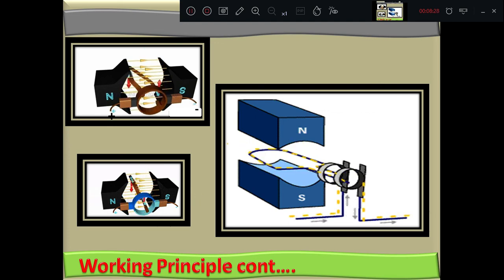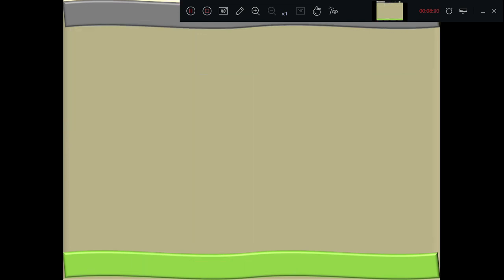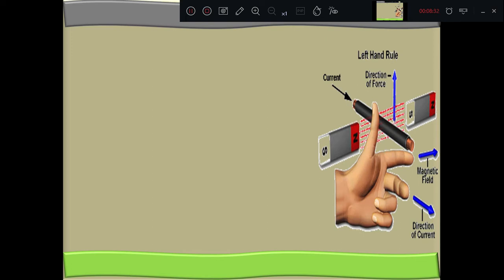Next, you can see how to find out the direction of the force. We know that in the case of a DC generator, we determine the direction of the induced voltage or current by Fleming's right hand rule. But in the case of the motor, the direction in which the force is exerted on a conductor is determined by